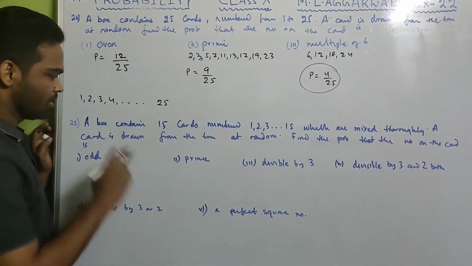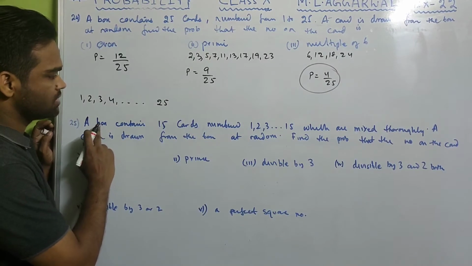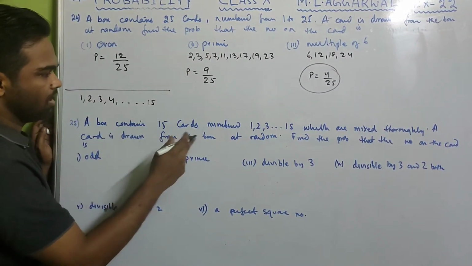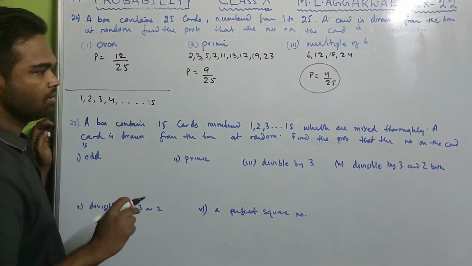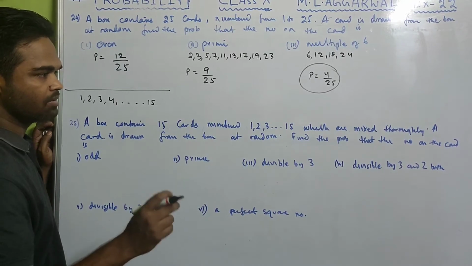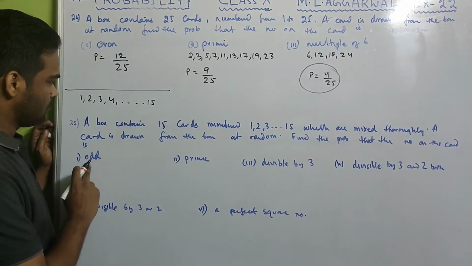Okay. Now look at 25. A box contains 15 cards numbered from 1 to 15, which are mixed thoroughly. A card is drawn from the box at random. Find the probability that the number on the card is: